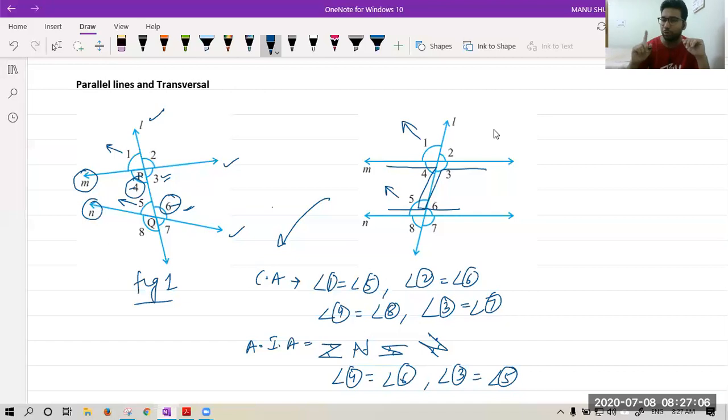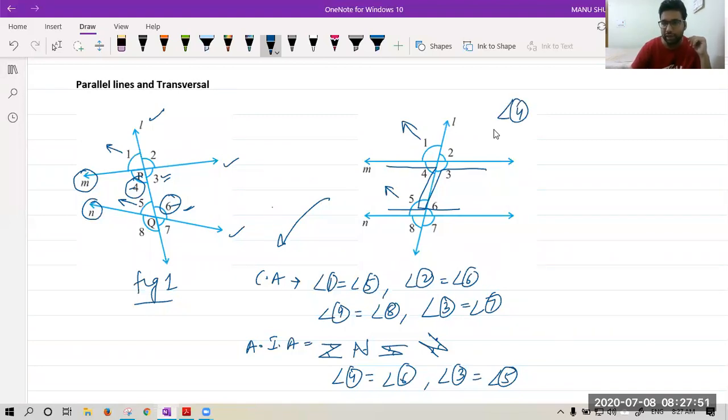Most important is the third property, interior angles on the same side of the transversal. We all know when the lines are parallel, in that case, interior angles on the same side of the transversal are, yes please, 4 and 5, yes Ananya, they are 180. That is, they are supplementary. So you can say the sum of interior angles on the same side of the transversal is 180 degrees. We will use it a lot in the questions coming. Okay, I hope it is clear to you. Any issue? Yes, class, any issue?